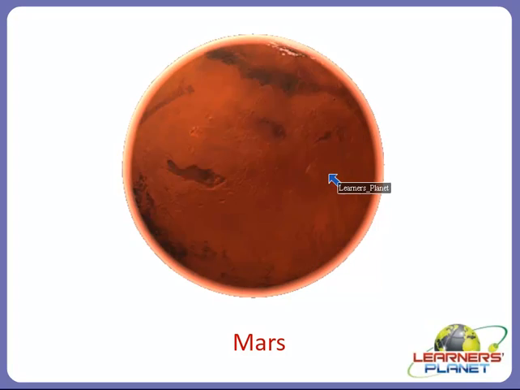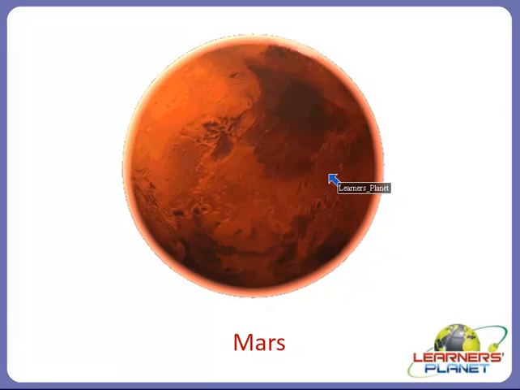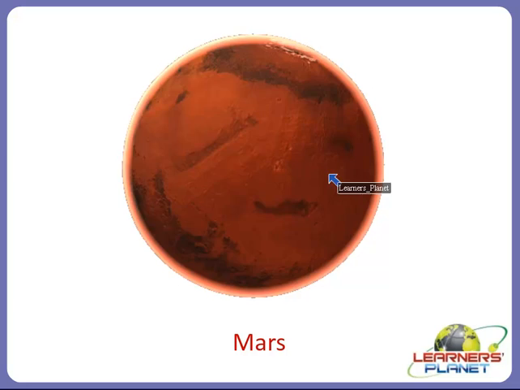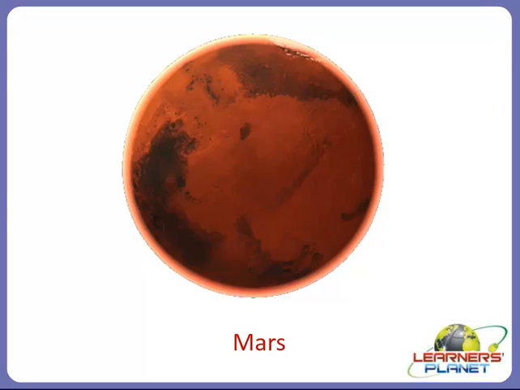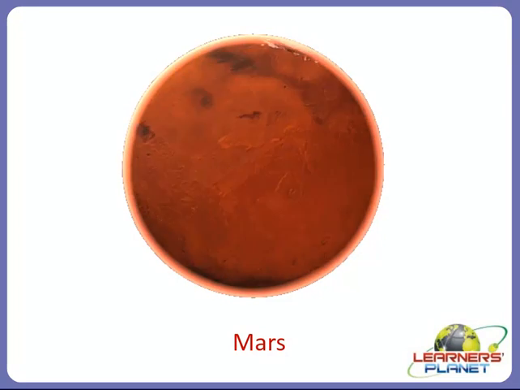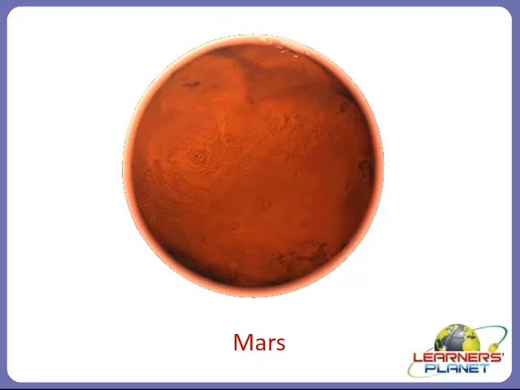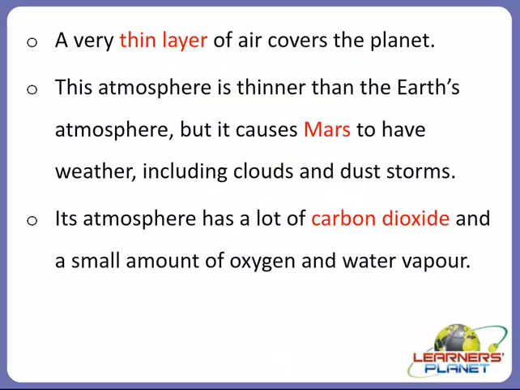A very thin layer of air covers Mars. So this atmosphere is actually thinner than the Earth's atmosphere. So let us see more information and study more about Mars. Yes, as we discussed, a very thin layer of air covers the planet, and this atmosphere is thinner than the Earth's atmosphere. But because of this thin atmosphere, it causes Mars to have weather including clouds and dust